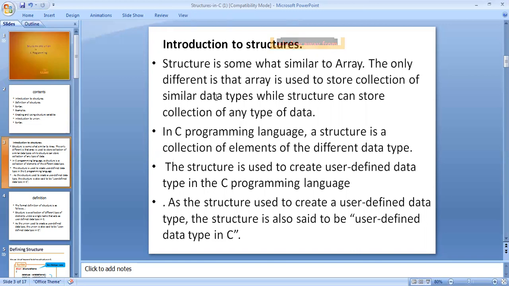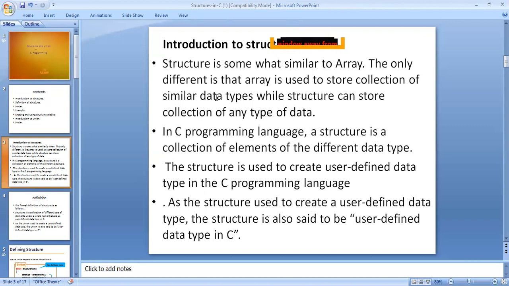It stores n number of elements using different data types. In structures you create your own data type, which means user defined, and that is the structure's name. In the C programming language, a structure is a collection of elements of different data types.